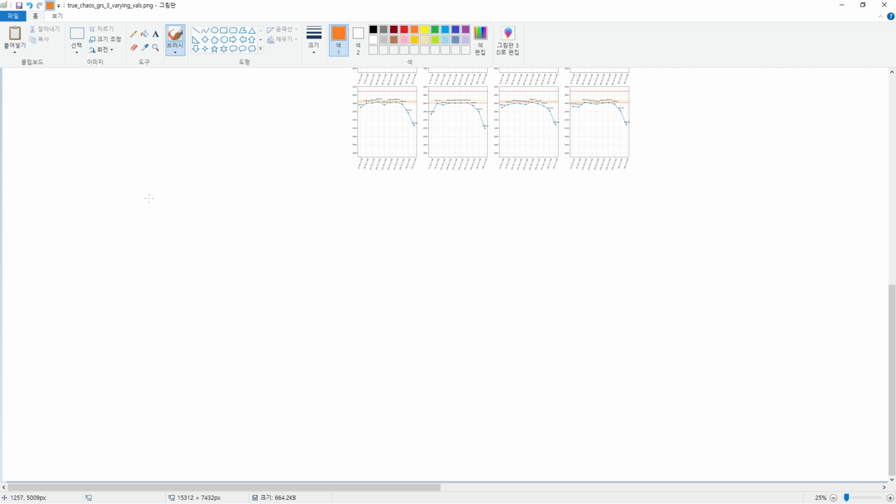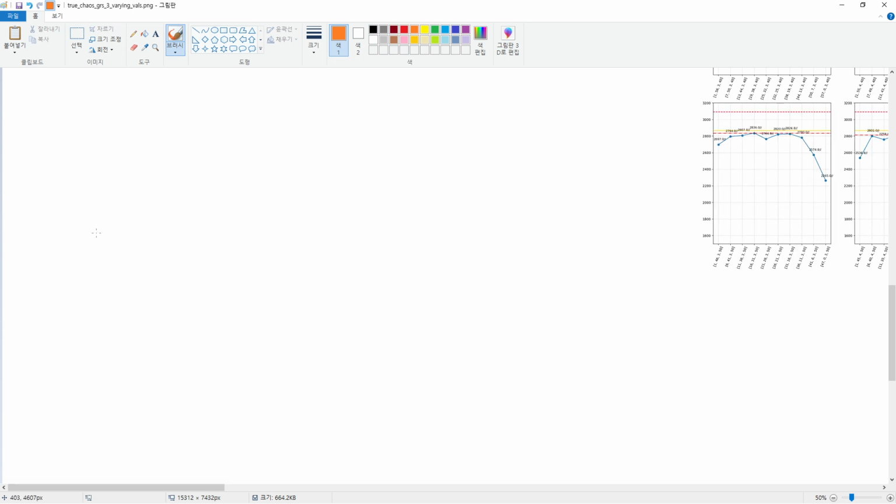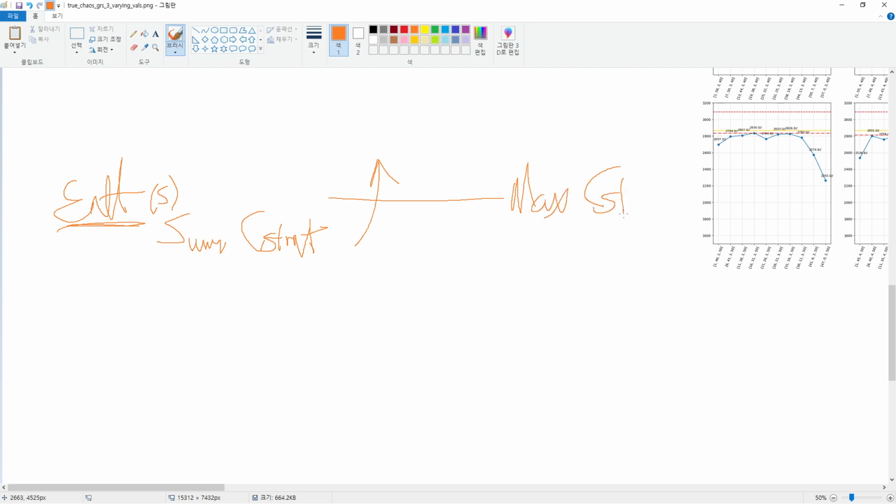It just now hit me that if an entity exists, and if the summed constraint value of an entity or more than one entity goes above the maximum constraint,